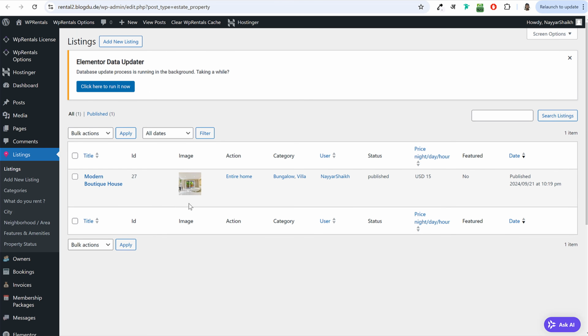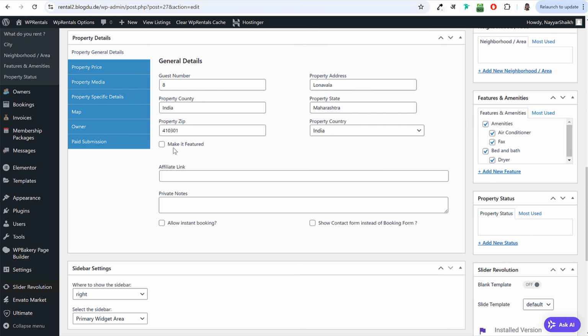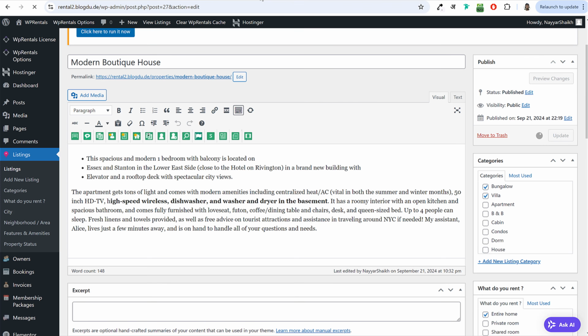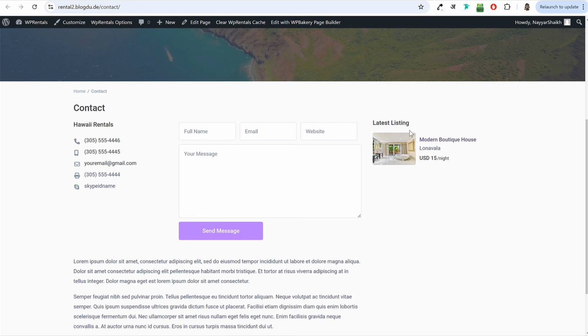So I'll come over here to set this listing as your featured listing. You'll edit it, scroll down, and you'll tick mark this thing, make it featured. Okay. Click on update. So you can make any of your listings featured. Now if I come over here, refresh it. Now, as you can see, once we refresh it, you can see this listing because we have set this listing